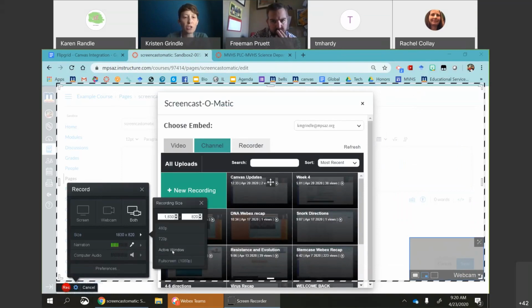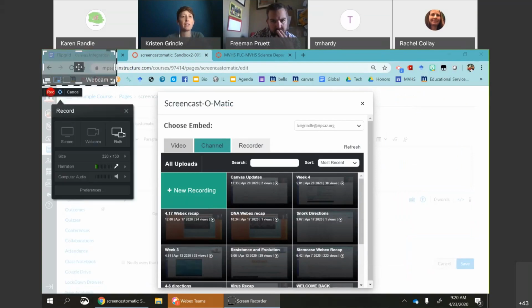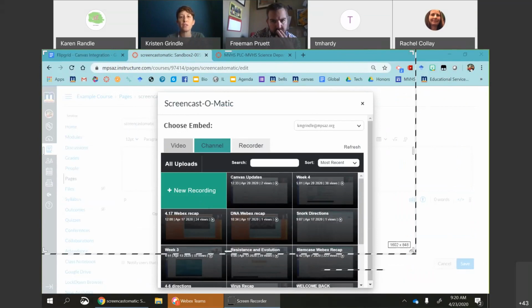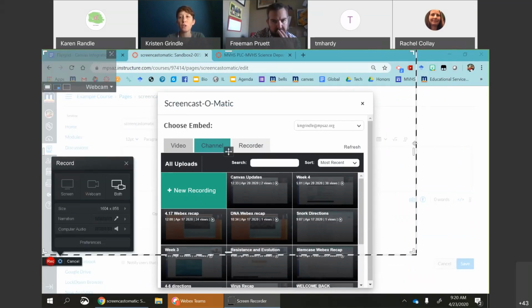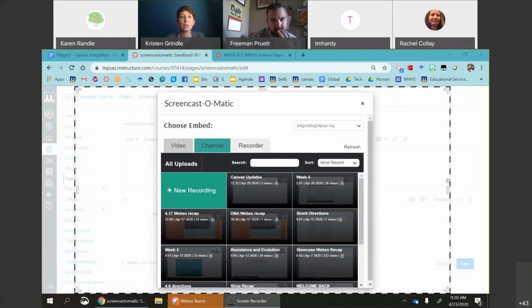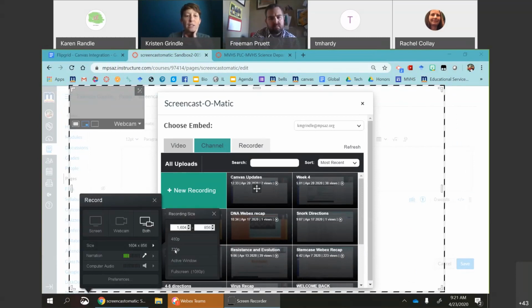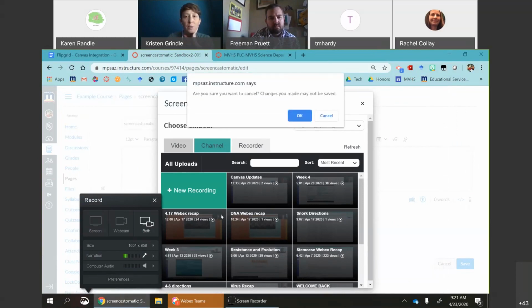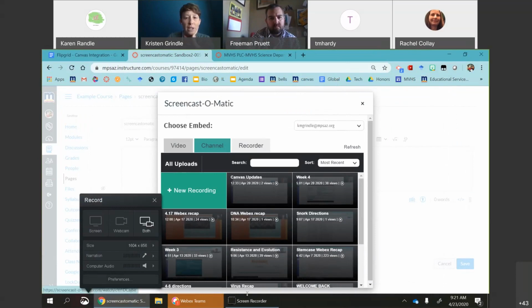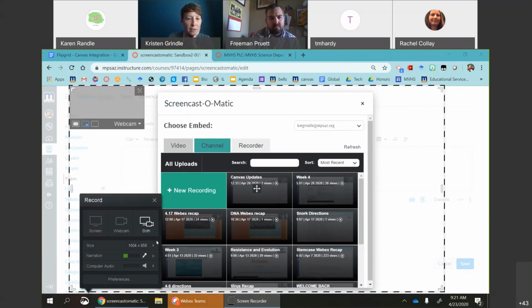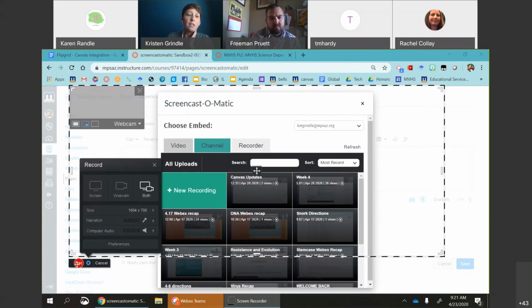So right now it's showing not the whole thing. So I can change this active window to be whatever size I want. I can also move it around. So if I want to cut out my toolbar at the top, I often do that. Cut out the sides, or you can pick these default sizes as well. But then what's really nice is, whoops, if I hit this guy here, and then all I have to do is hit this record button, and